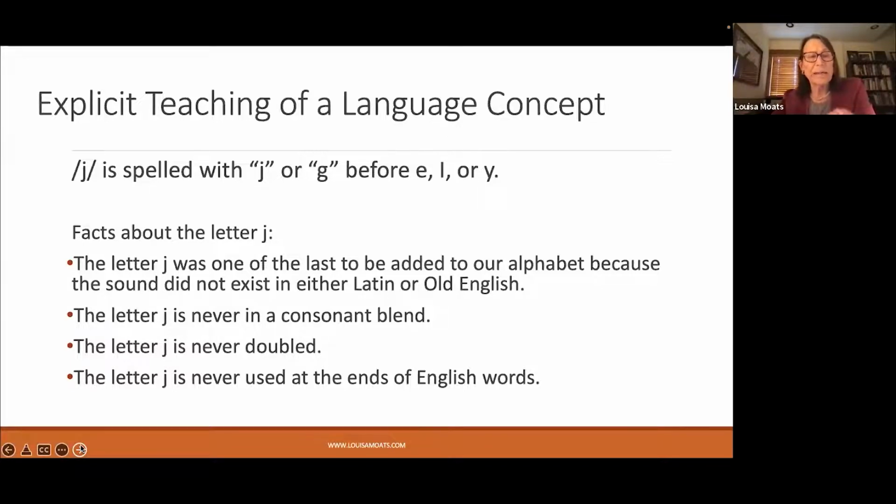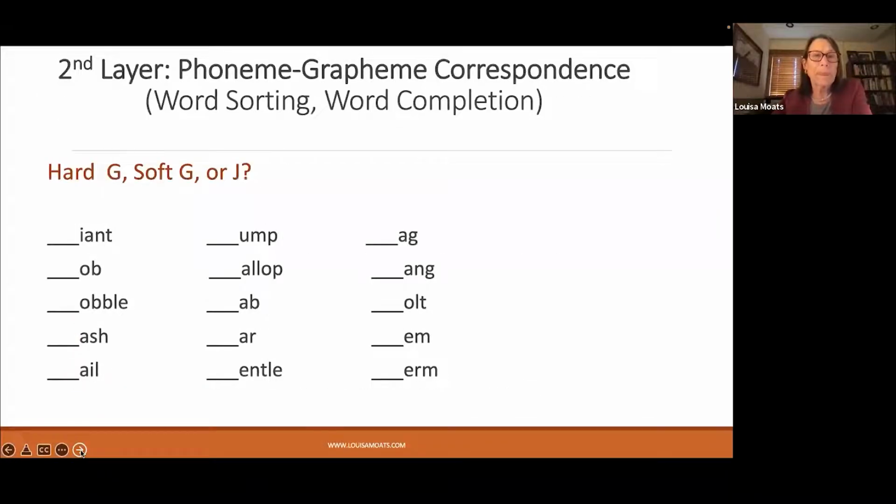The letter J is never in a consonant blend, and the letter J is never doubled. It's also never used at the ends of English words, so we're going to have to learn how to spell J at the ends of words. So first, we're going to consider how to spell J in the beginnings of words, and one of the activities that would be appropriate would be to complete these words or make real words by using a G or a J,